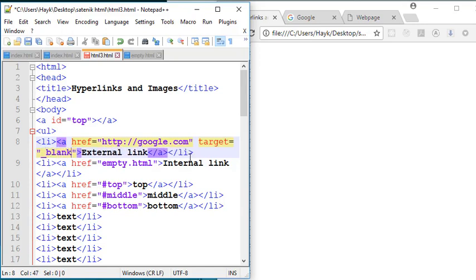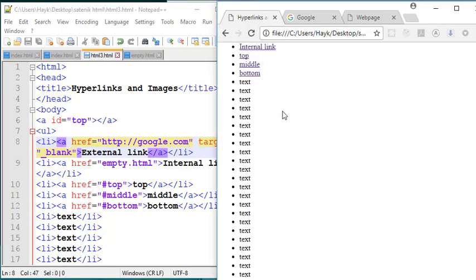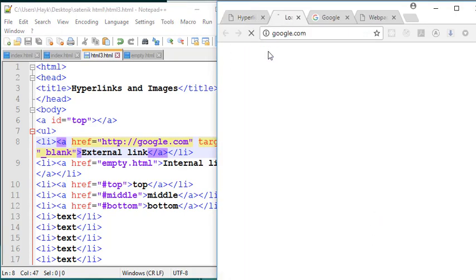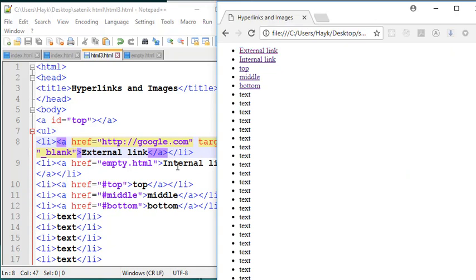blank. So as you can see, it's the external link, and it has the href google.com, so it's the exact same thing basically, it can open blanks as well. So when we click on it, we'll be taken to a blank Google page. And so let's close out of this now, and let's move on to the second part of our video, which